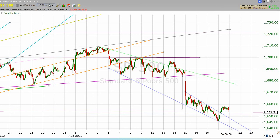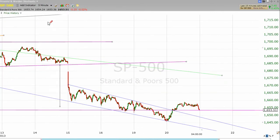But here's what's interesting. If we zoom in just a little bit on today, you can see that we got our bounce. Even though we started maybe 1 point or so underneath this line where it was drawn yesterday, we immediately started to trade up. We actually got a little bit over the top line and traded around for a little bit and got over that kind of pesky 1654 mark and went up sideways, and then we saw some late day weakness bringing us back to